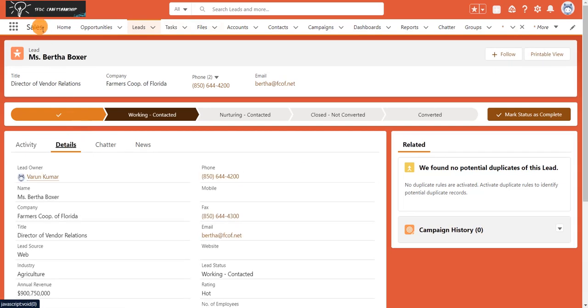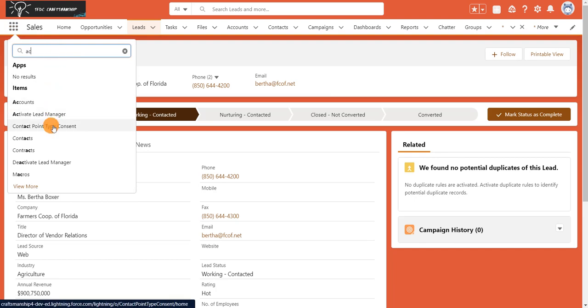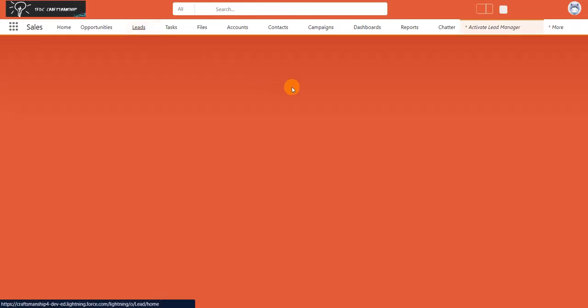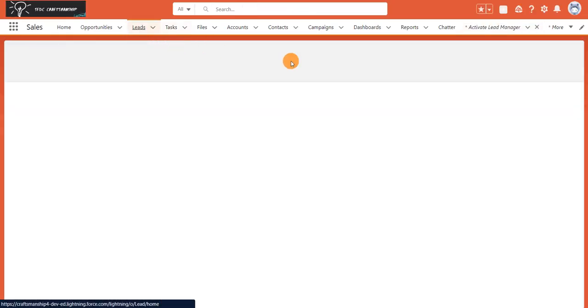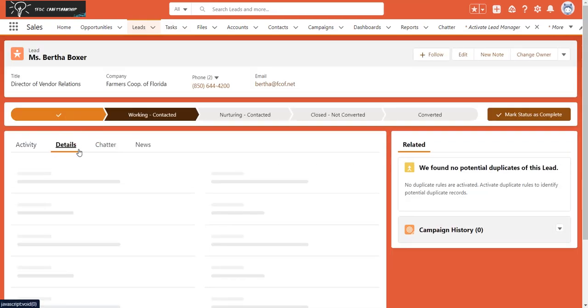You can also activate this by running the flow again using this tab called activate lead manager. Once your flow is finished, just do a refresh and you can see the lead new button will be appearing again, and also you can edit this particular lead record.